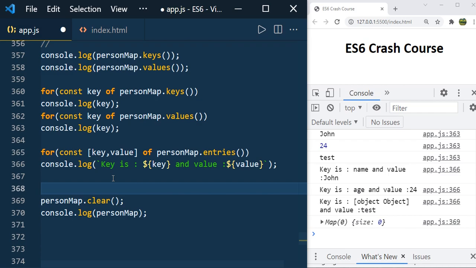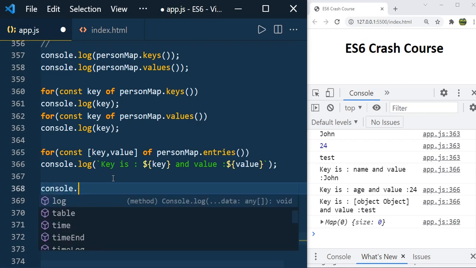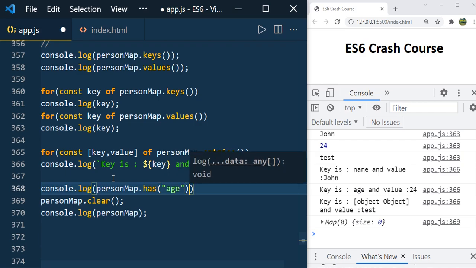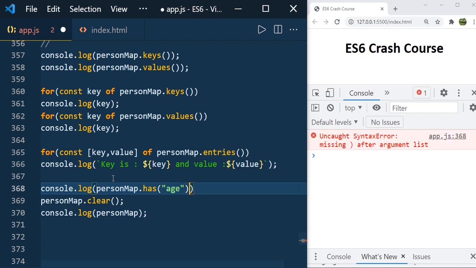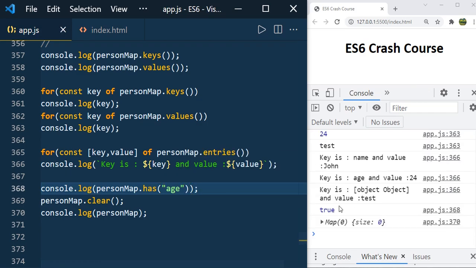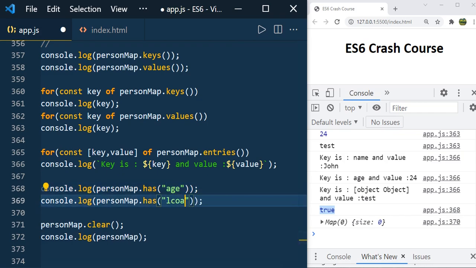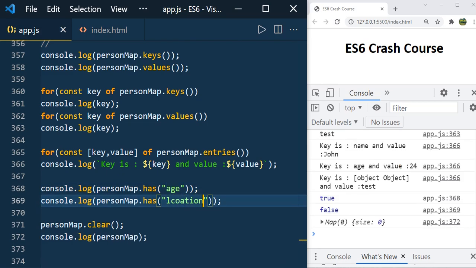To check whether a particular key is existing or not in map, you can use the method called has. Let's say console.log personMap.has. I'm checking age. So if it is there, it prints the value true, and if it is not there, it says false. Let's say location. You can see that the value is false.